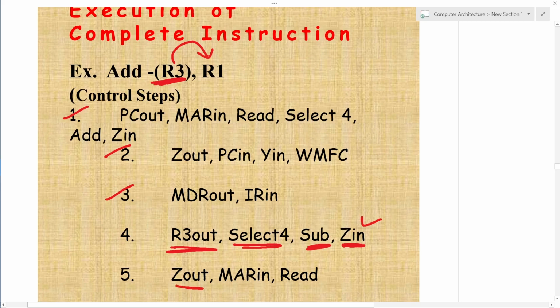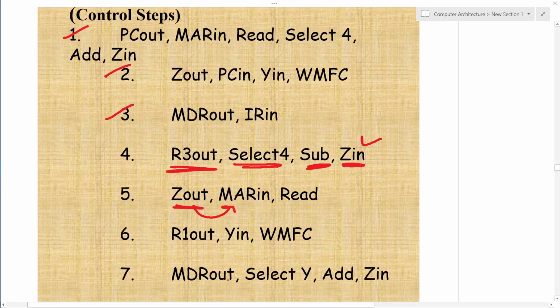And once it is available in Z, that content will be delivered to the MAR to identify that location, and here the operation is read, because MAR means read operation. And finally, the content of the location MAR holds will be available at MDR out.